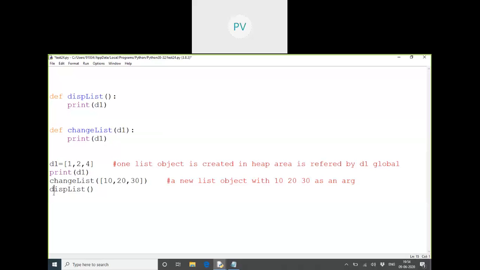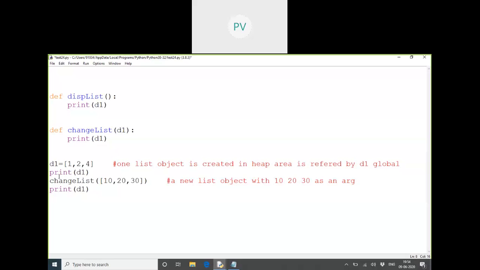After this again I am coming and saying that, okay, let me write directly. What is printed right now? 1, 2, 4. Yes, because you should understand there are two objects here. One is a global object with a global variable. Another is just an object which is passed to the local variable.